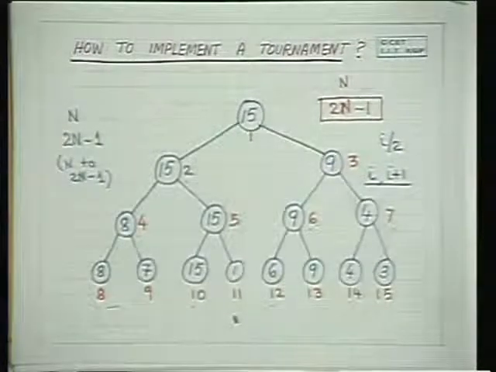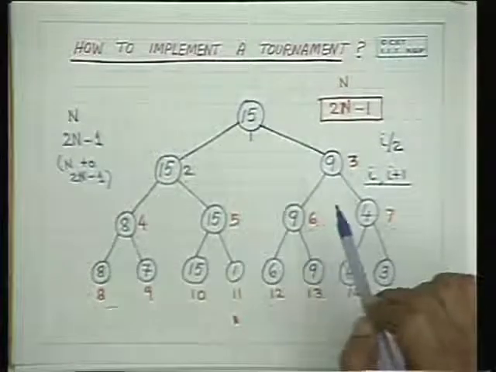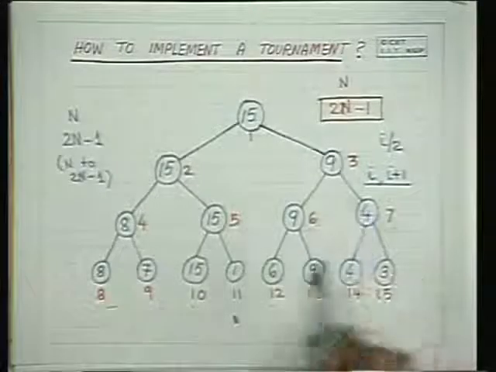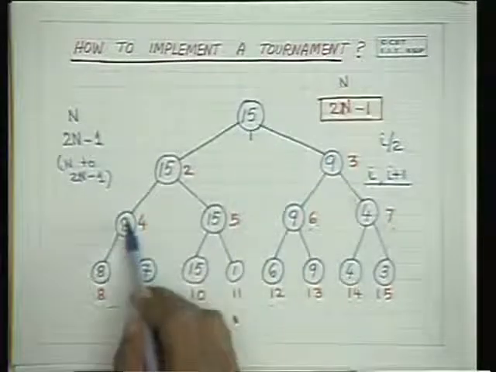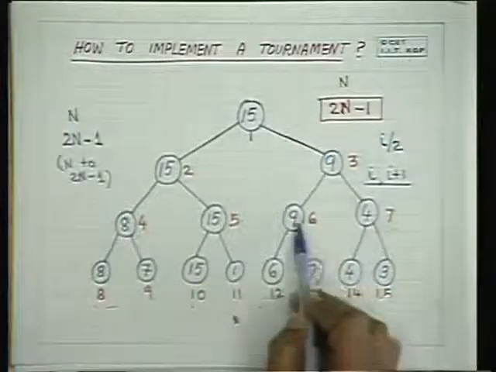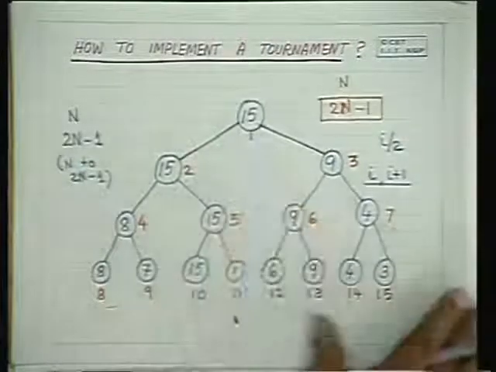That was the idea. And in order to implement it very easily, to write a good simple program, we could start from the end. That is what we saw. We first compared these two and put it in 7, these two and put it here, these two and put it here, these two and put it here. Then we come back and compare these two, put it here, these two, put it here, and then 3 and 2 compare and put it here. That's also what we saw